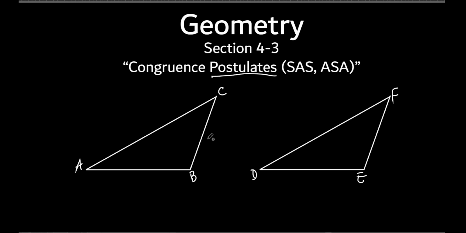So you only have to know 3 things from this triangle and 3 things from this triangle over here. Okay? Here's what you have to know. If you know that, let's say, side AB was equal to DE, is that enough to know that these triangles are congruent to each other? No. All right? If you also know that this angle B and this angle E were equal to each other,